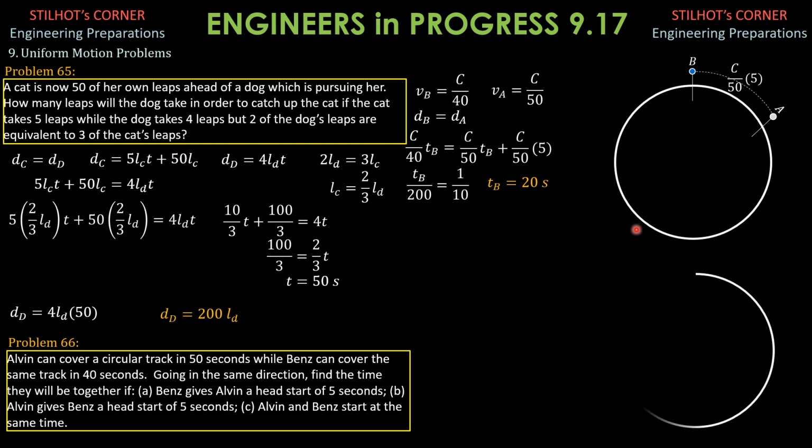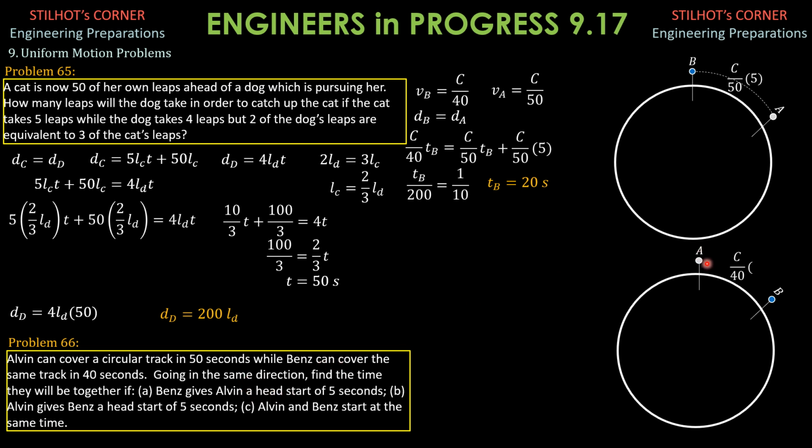so we should rethink the solution. So this is the situation. This is now Alvin and Benz is here. Take note that Alvin cannot catch up with Benz if the path were straight. But because the path is circular, it's like Benz is here, although Benz is given by Alvin a head start of 5 seconds. But if you try to think, it is Benz who gives Alvin a head start equal to this distance here. But we should refer T to Alvin's time because in this situation, Alvin is the actor.